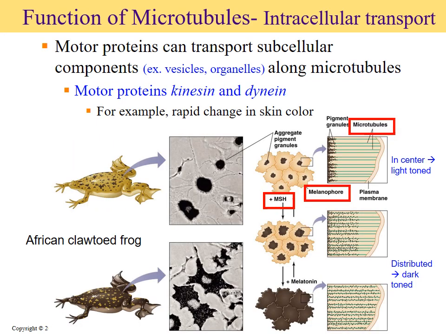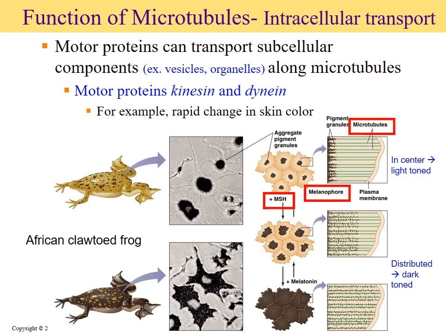Now, let me give you a little example of how we can use these microtubules to conduct our intracellular transport, to move items that are actually inside the cell around. And as you can try to imagine, we can use this, for instance, to move around our different organelles to get them nicely reorganized. But in this case, we're going to take a look at the African clawed